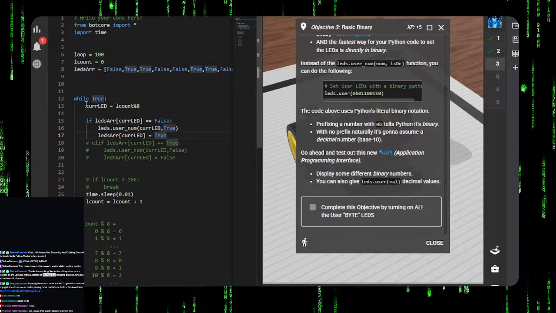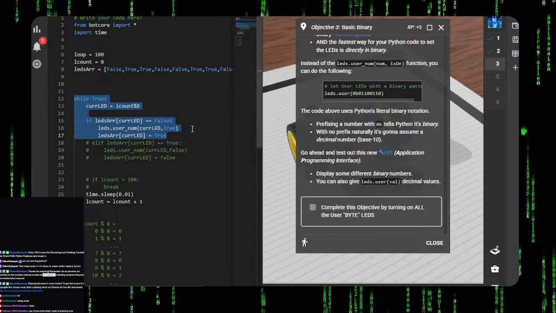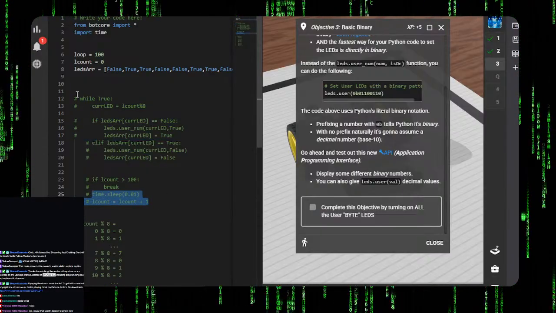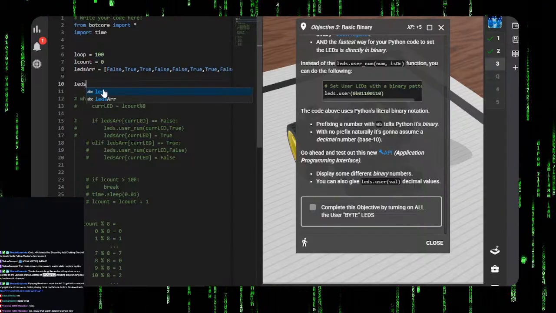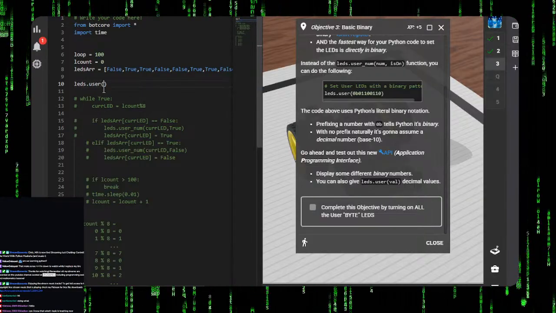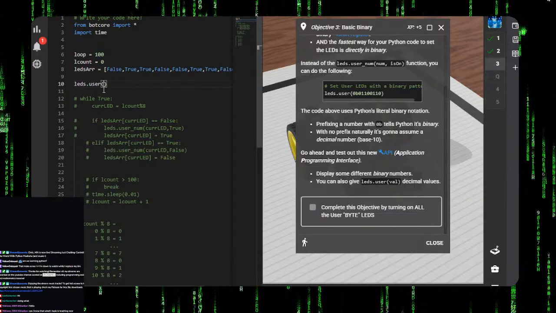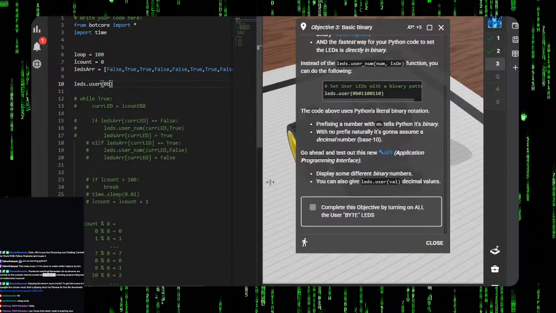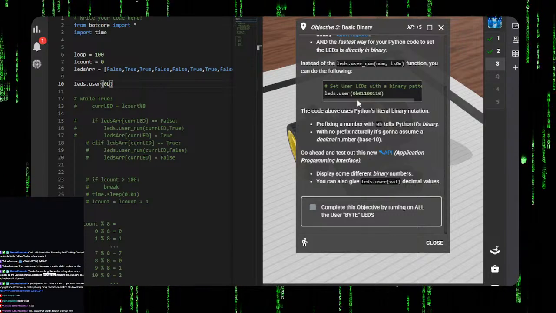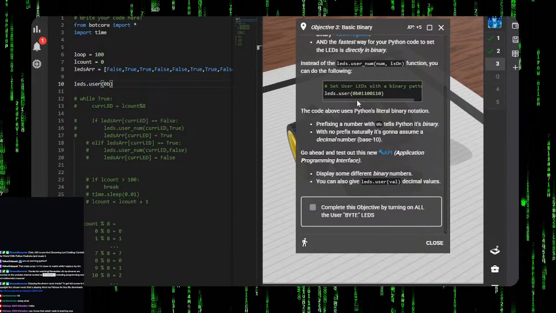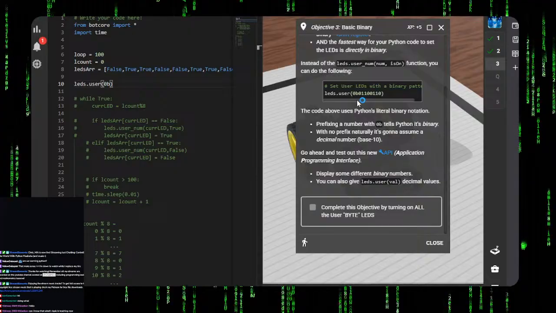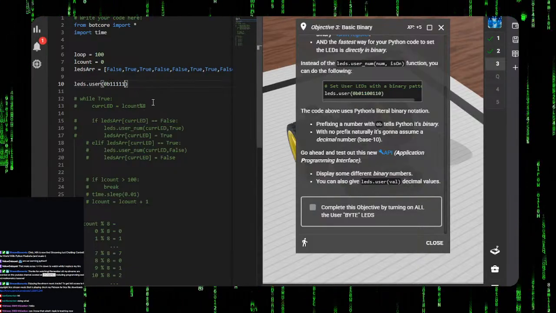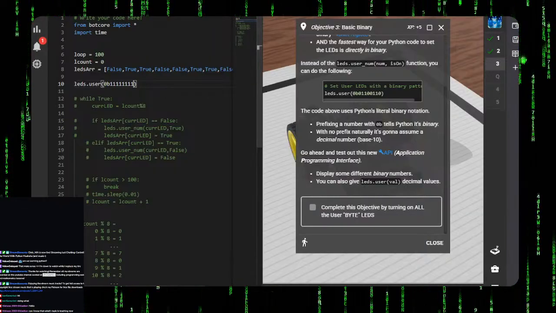So now at this point, we can probably just get rid of or comment out the loop, since we're going to be doing this in another format, which is LEDs.user. And we start any binary interaction with the 0B for bytes. And then we just indicate the byte values we're giving to this device, these LEDs. So we're going to do 1 1 1 1 1 1 1. This will turn on all the LEDs